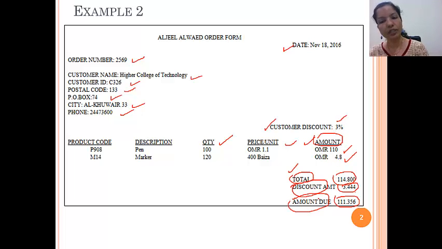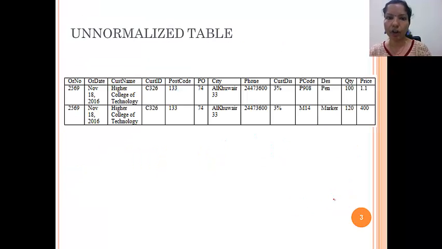And how to calculate the amount due? We just subtract this discount amount from the total and we get this one. So just please remember that if you have any calculated fields in your form, please avoid storing them in a table. We can just use a query to retrieve the values. So this is now the unnormalized table.